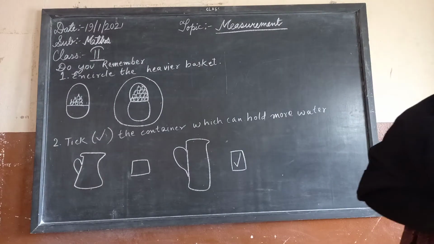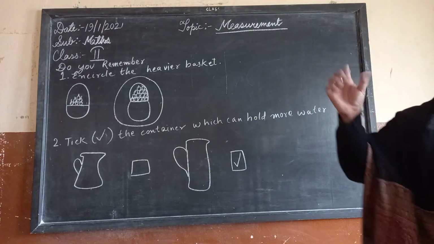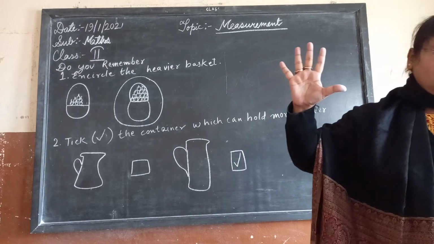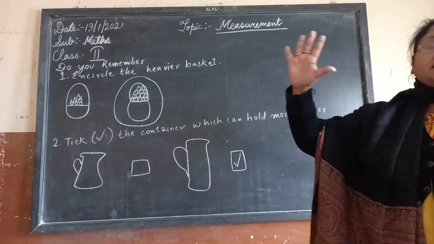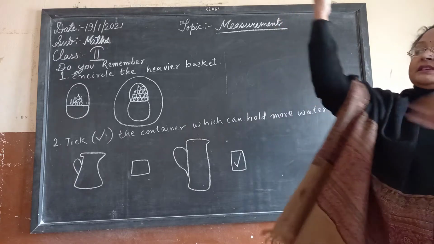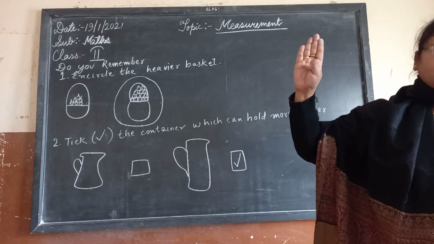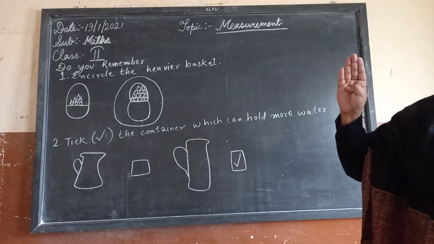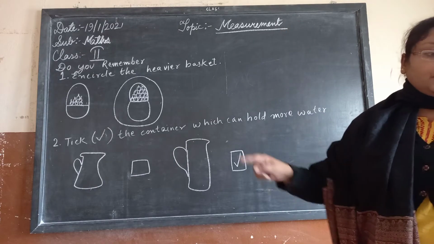Measuring of different standard units has already been given to you. This particular span is what we call the hand span. From here to here we are taking this particular measurement, and this is what we call the hand span. This particular unit from here to here is what we call a cubit. This is what we call the finger span, and this is the palm span. Palm span. This is foot span.